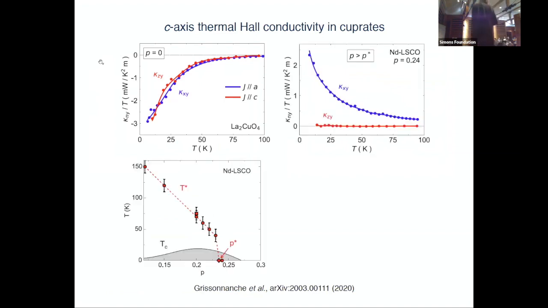This is beautifully confirmed by going up to 24%. So again, just outside of the pseudo-gap phase. This was the in-plane data that I showed you already. Now, out of plane, so kappa ZY,